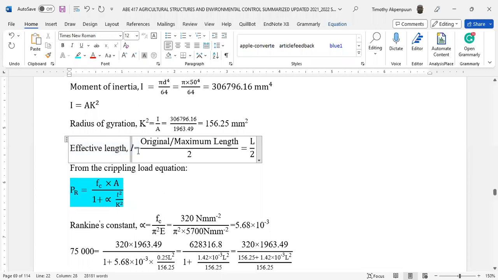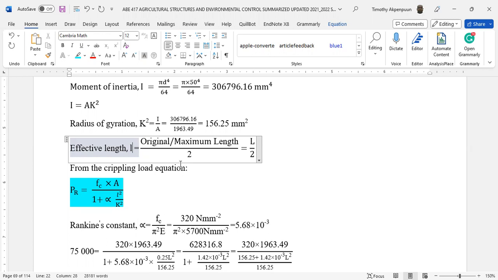In the formula that has P subscript R, the L there, is it the effective length or the maximum length? I have said this several times. The L we have here is effective length. Yes. Then it means that